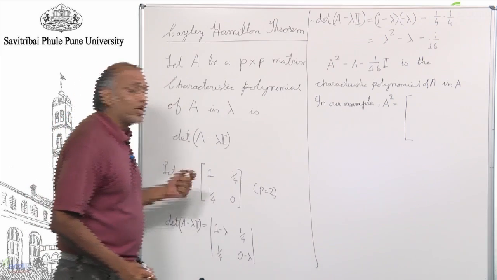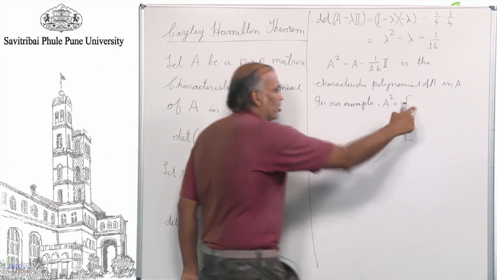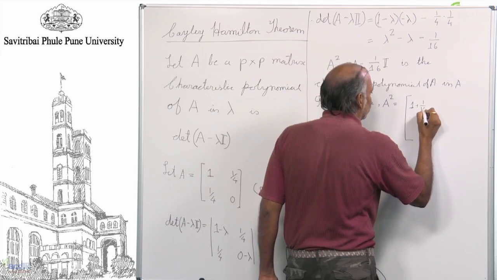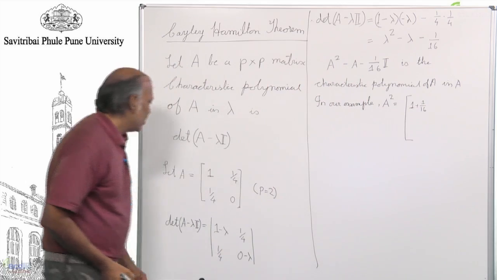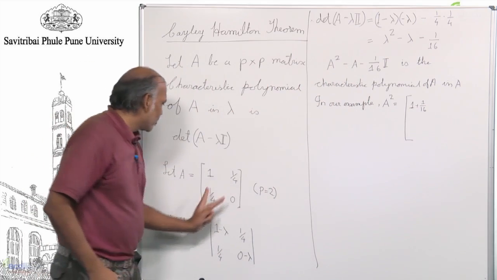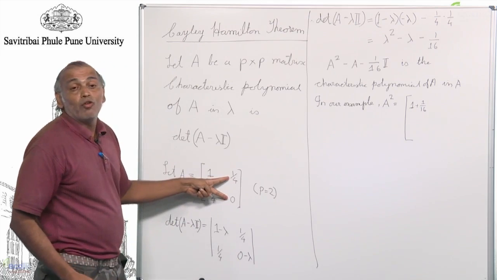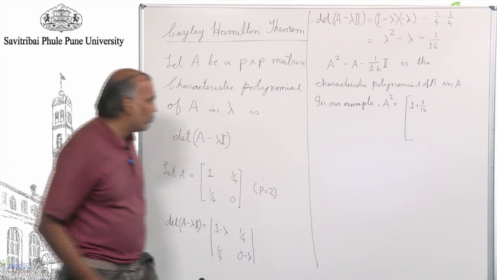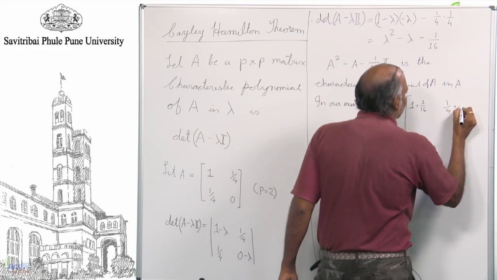So the product would be 1 into 1 plus 1 upon 4 into 1 upon 4. That I would put in the first place. So I'll have 1 plus 1 upon 16, or 17 upon 16. Similarly, the second entry in the first row, 1 and 1 upon 4 multiplied by 1 upon 4 and 0. So I have 1 upon 4 into 1 plus 0. So I have simply 1 upon 4 plus 0